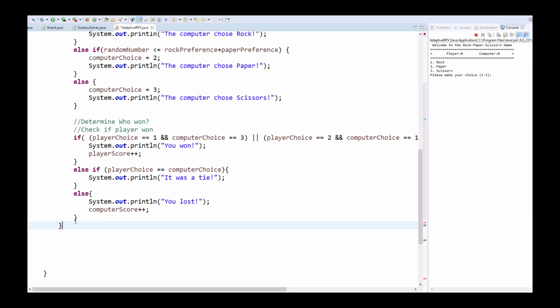Determine who won. Okay, so now this is with the else statement, and this is a red line because I don't have the while loop. So there we go. Okay, so while computerScore is less than 30,